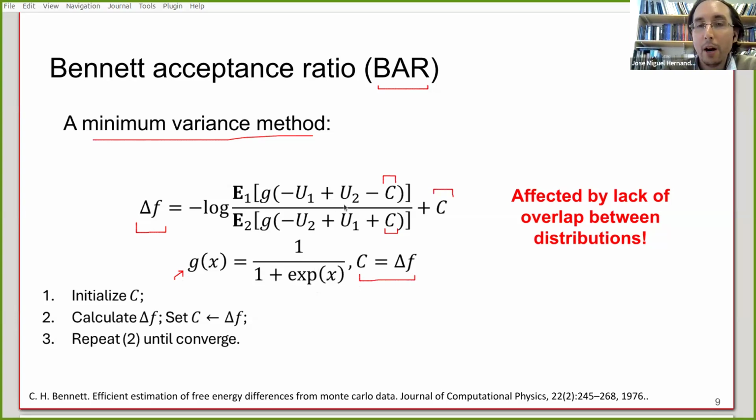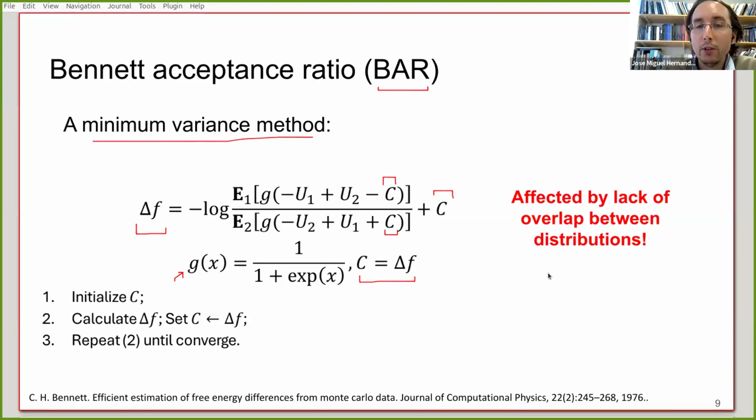And it works as MBAR using this iterative approach where you initialize C to some value, and then you update your estimate of the free energy difference, and then you update C and you iterate, okay? And this can have way less variance than importance sampling, but it can still struggle if there is no overlap between distributions. It's the same thing as what I mentioned with MBAR. In MBAR, you need to solve this classification problem where you need to guess where the samples come from to estimate the right density ratio. And here it is the same. And if you don't have overlap between the samples, then there is no way you can estimate the right density ratio.